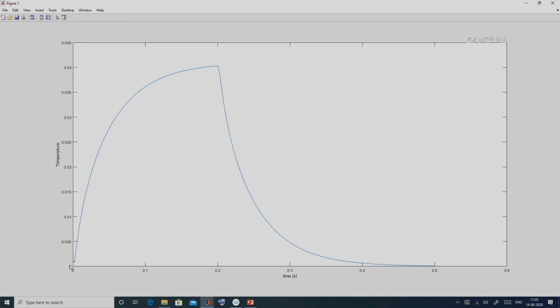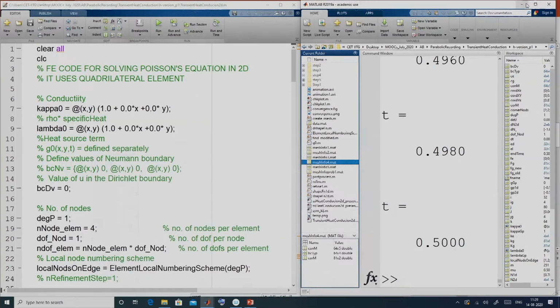Since I haven't stored the initial solution in that variable, it is not showing the temperature corresponding to time t equal to 0. With a small modification we can append that information, and it will show 0 at time instant t equal to 0.